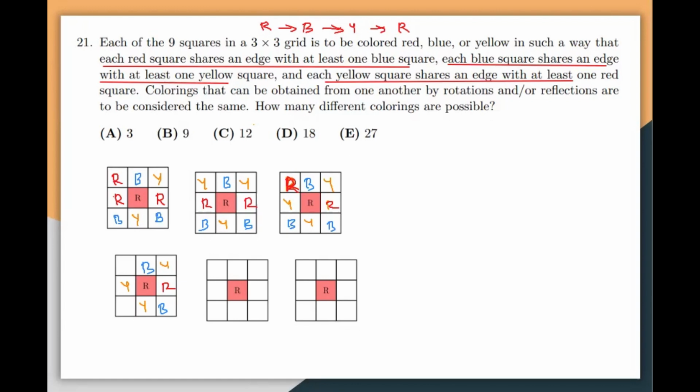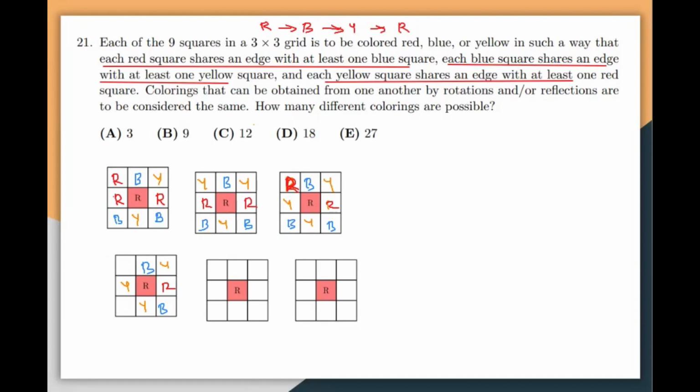Okay, what else do I have? We did one option right here, red and blue, but can we have blue and red? Let's think about that option. If I have red here and then blue here, the blue has to be next to Y, and blue is next to Y, that's good. This blue has at least one Y next to it, but this R is next to B, so this R doesn't have a B, which means this condition actually doesn't work. So meaning that when the middle is Y, there's only